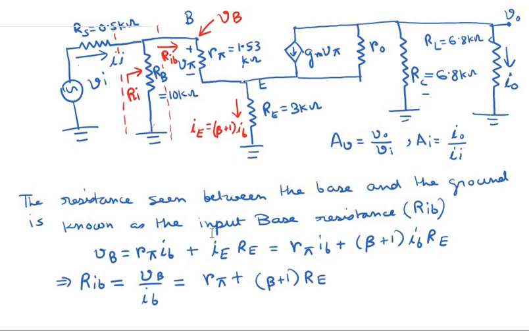Okay, so Ri is the total input resistance of the amplifier, and Ri is basically Vi, this voltage source Vi, divided by Ii, which is the current flowing into the amplifier. Okay, not exactly Vi divided by Ii, but Ri is basically the voltage at this point. Let us call it Va. Va divided by Ii, where Ii is the input current into the amplifier. So Va divided by Ii is basically the total amplifier input resistance. Okay, so let me write it here.